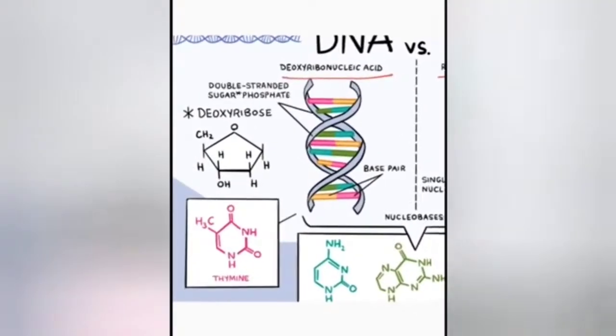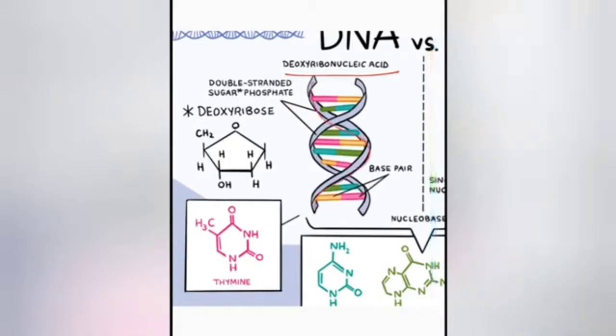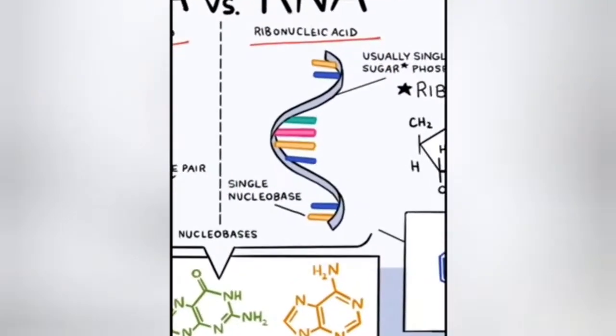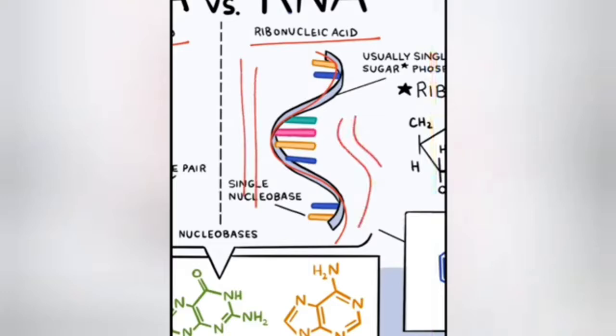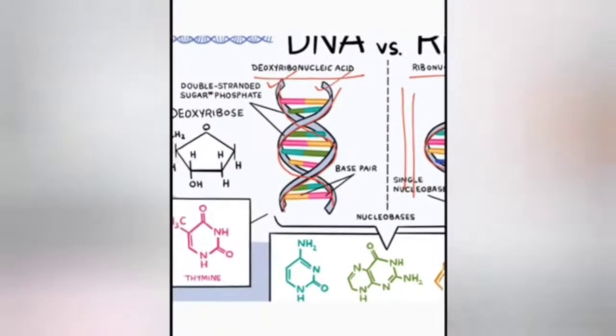So here you can see that DNA is a double-stranded structure. Okay, it forms a helical structure. It has two strands, and these two strands form a helix. But in case of RNA, you can see there is only one strand, and no second strand to form a helix. Even if in some rare cases a second strand of RNA is there, they do not form a helix. They just run side by side in parallel, but they do not form a helix like this.